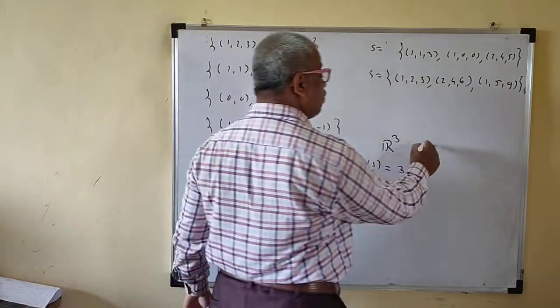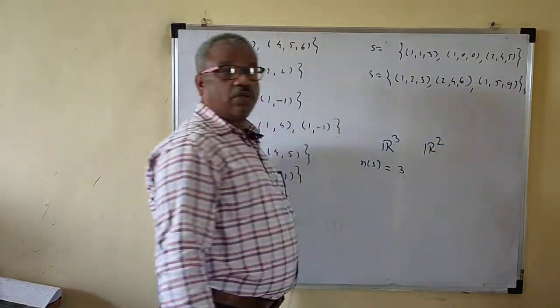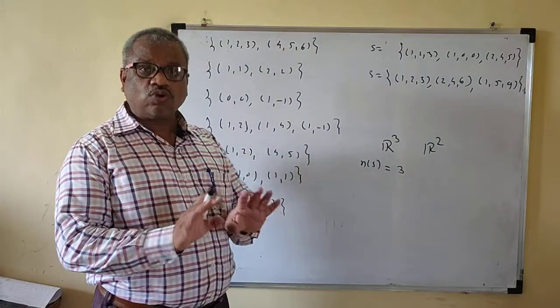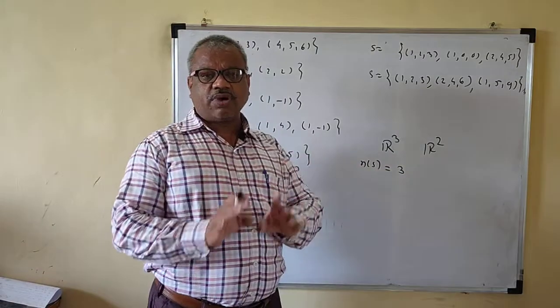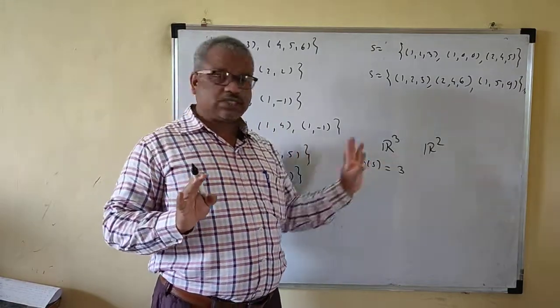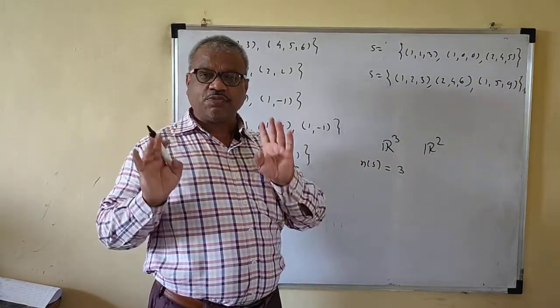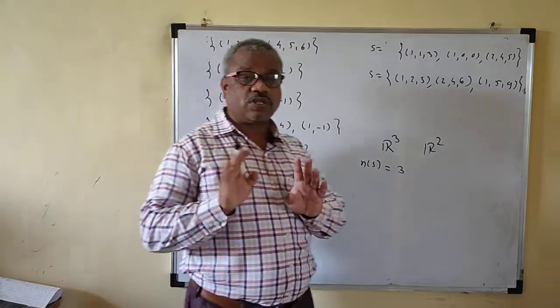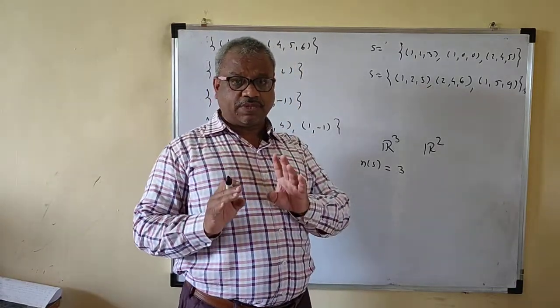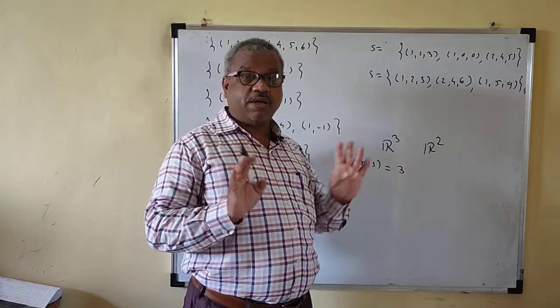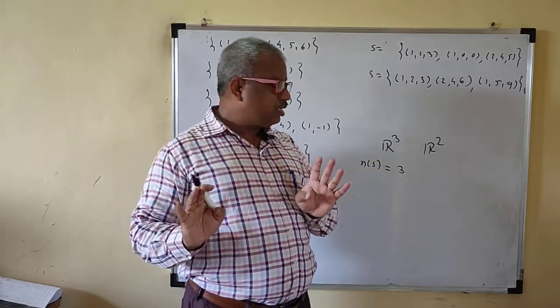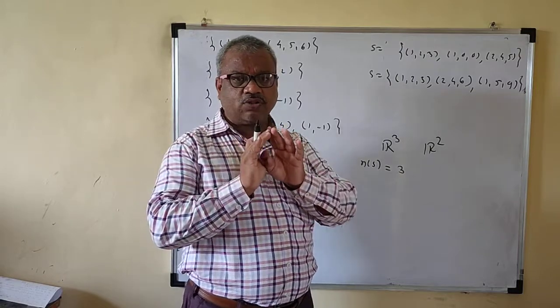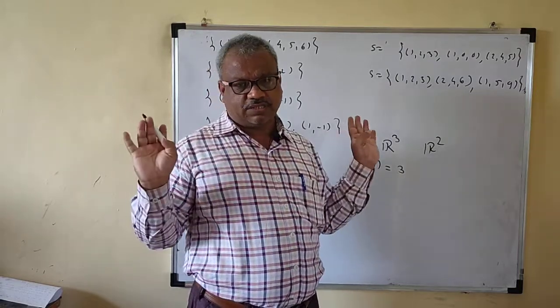Similarly for R2, first count the number of elements and then you can judge. The set must have 2 elements. Then there is a possibility of it being a basis. It may be possible that it is a basis, but no guarantee. There being 2 vectors does not imply that it is a basis. But if there are not 2 vectors, then it is not a basis.